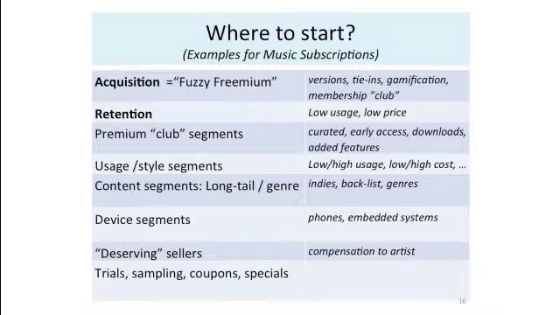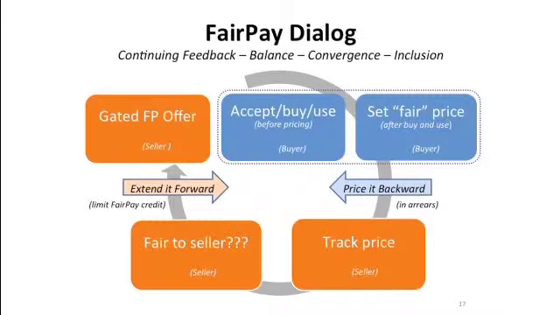You can also do it by segments, high segments, low segments, give them the cream to get your premium people, do low-end segments. There's all kinds of ways to cut this. So it's really a flexible architecture that can be tuned in a lot of ways. So that's sort of the basic idea. Again, the dynamic is you keep cycling through the process. You've got this balance of forces between the buyer setting his price, but the seller controlling the offers. So that, I think, is going to converge on a much better economic solution than the tools we're using now, and I think that works in a modern online environment.